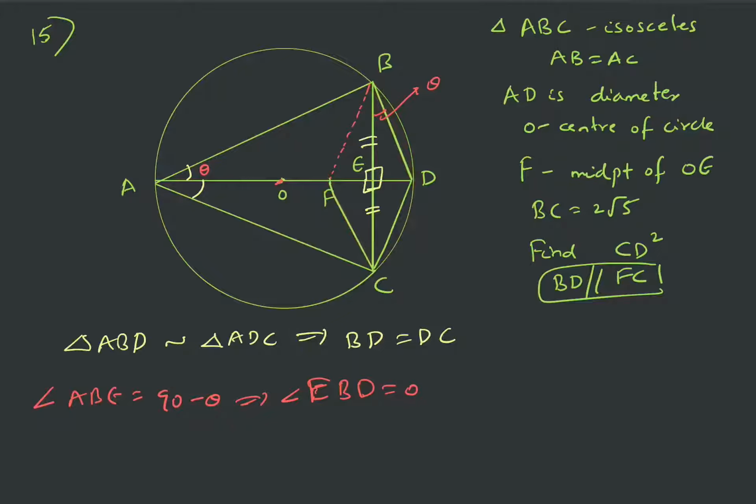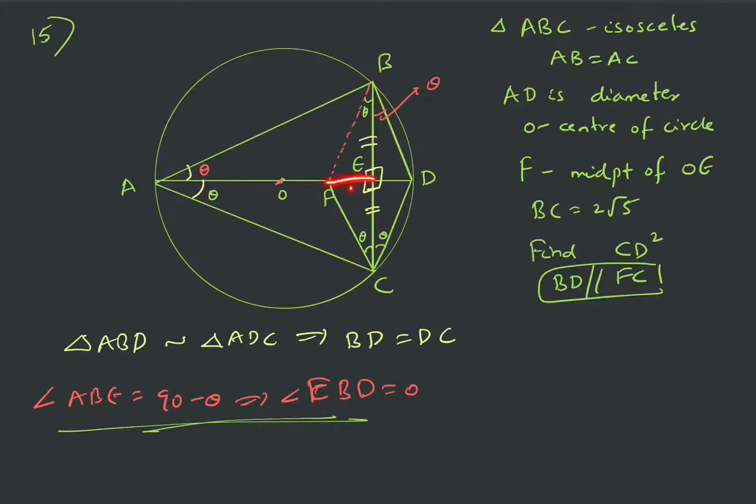Fine. So then this angle will also be theta, right? Because these are the alternate interior angles. So if this is theta, then this is also theta. And also you can see that this is theta because this is theta by the same logic for this one. Okay, so then in a similar way this is also theta. Okay, so now you can see that these two sides are parallel.